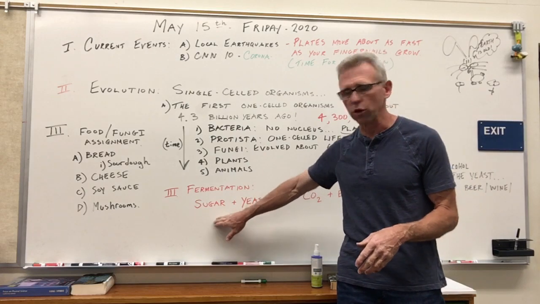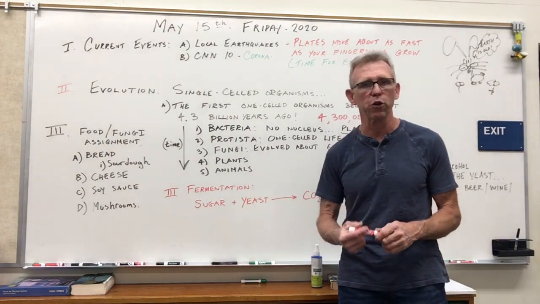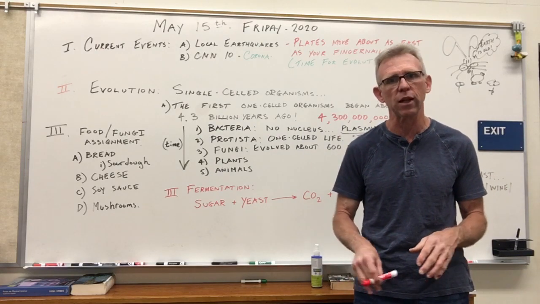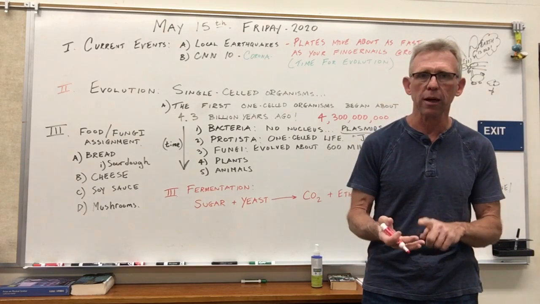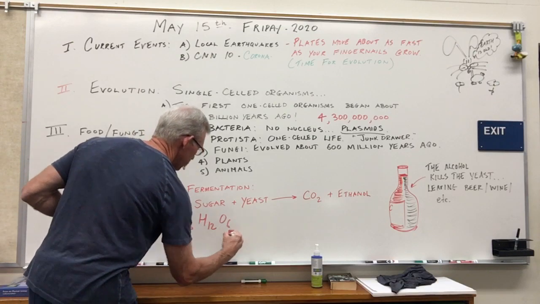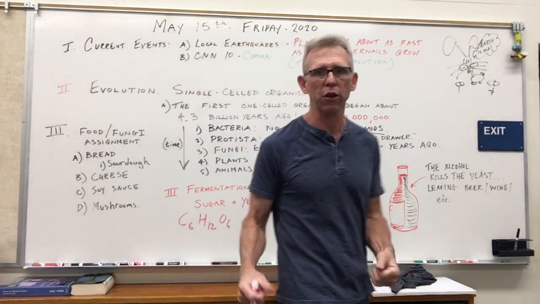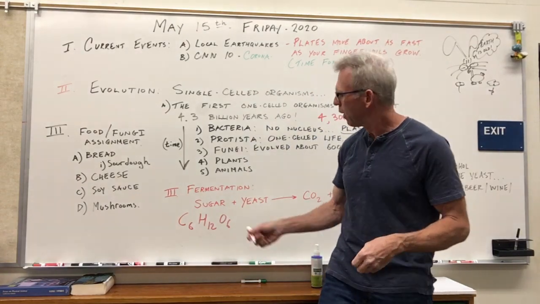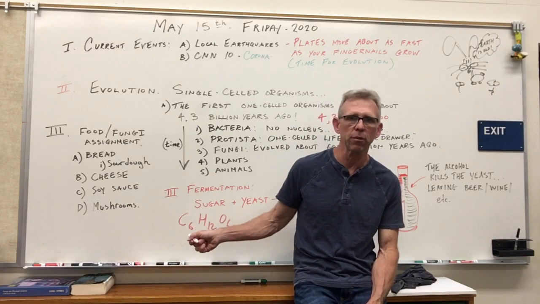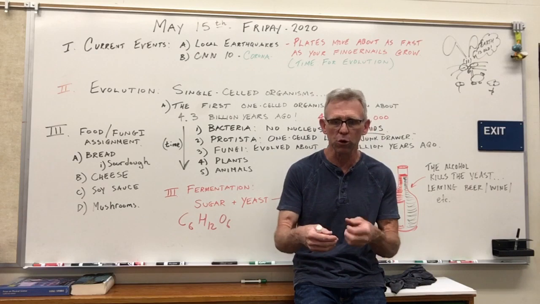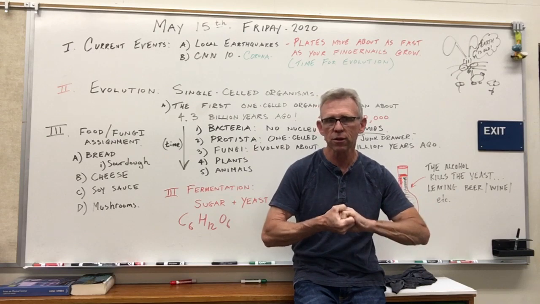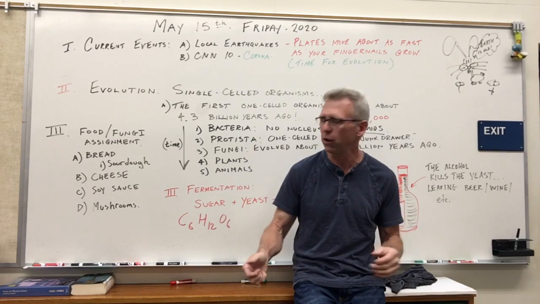Instead, it takes sugar, and test yourself right here. Do you remember the basic chemical formula? There's a couple of different ones out there, but the one we've taught in this class for sugar, see if you remember, it's C6H12O6, a big long carbon chain with some hydrogen and oxygen stuck to it. Remember also when we talked about energy, you've got potential energy here, but this potential energy is in the form of chemical bonds. The carbons, hydrogens, and oxygens are holding on to each other with the chemical bonds, and then they can be broken apart, and you can get energy from that.